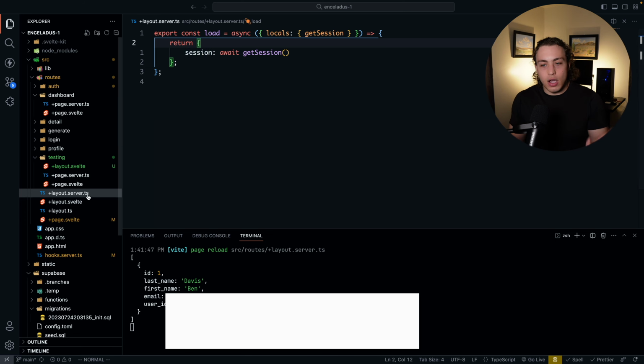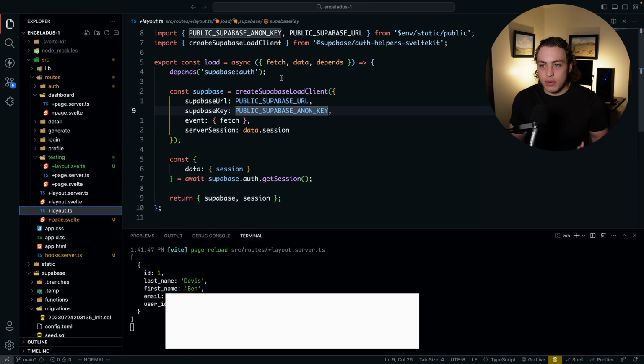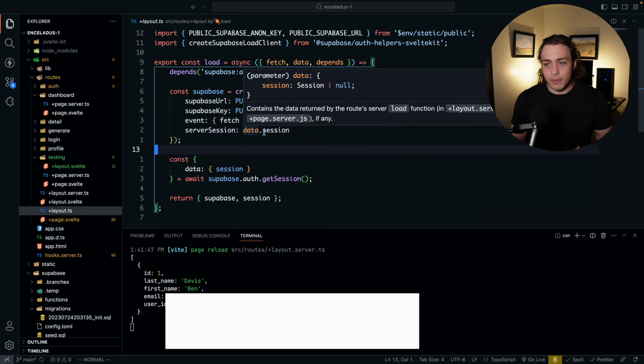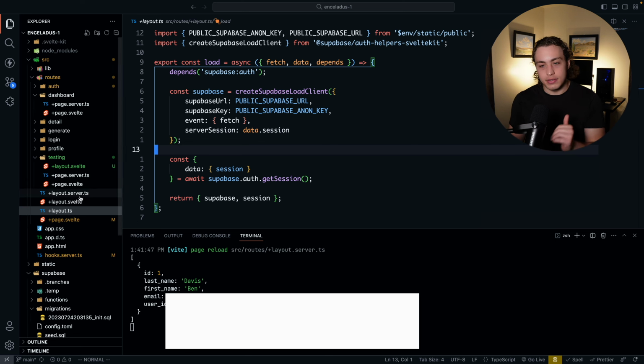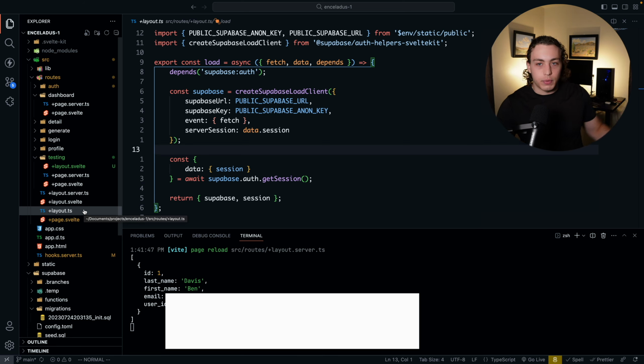And then we go into this layout.ts and then we get the session from above. So we get the session from our data and then we do this. But you're probably confused because wait, did we just chain those two? And we did. And the reason we were able to chain those is because one of these is a universal loader and one of these is a server loader. You'll notice that this has layout.server and this is just layout.ts. And this is a very, very critical distinction going all the way back to the beginning, where remember I said